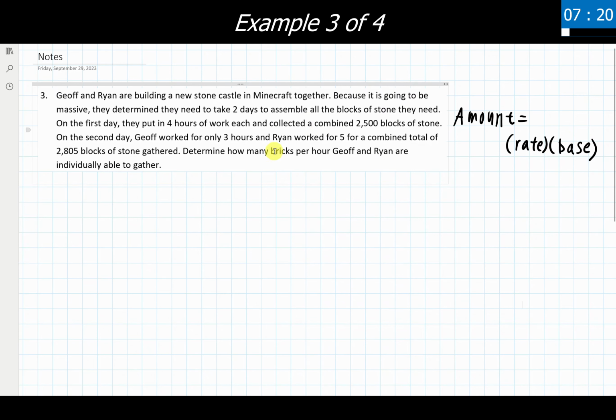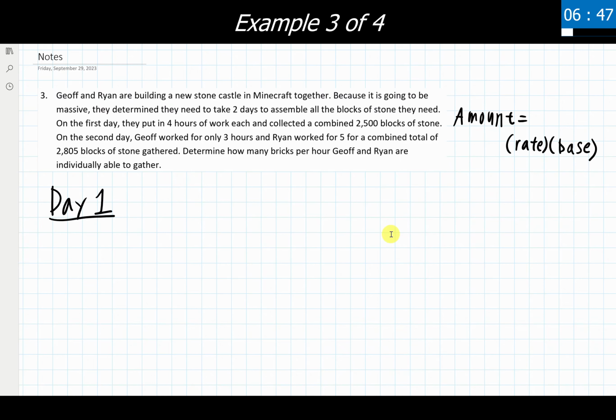Now with this problem, I think similar to the DIRT problem, we have three sets of data here. We have 2 days that they're working, and we have information about Jeff's and Ryan's working hours and rates each of those days. So what we're going to try and do here, and this is just to show another way that you can organize this, you can modify it, you can say this makes no sense, I'm going to go back to the table method if you want to. Let's look at each day individually.